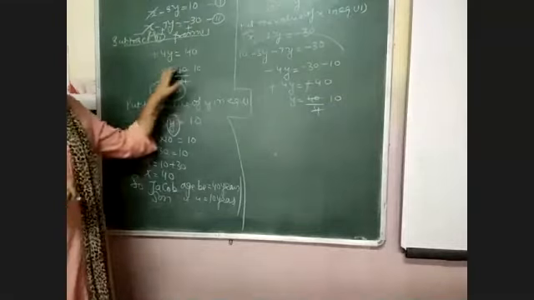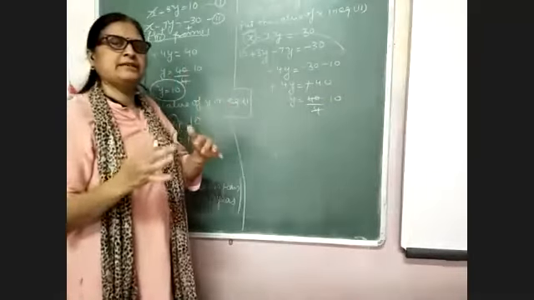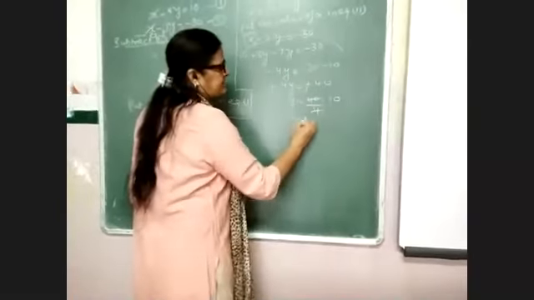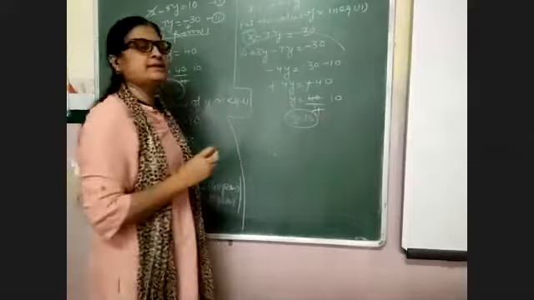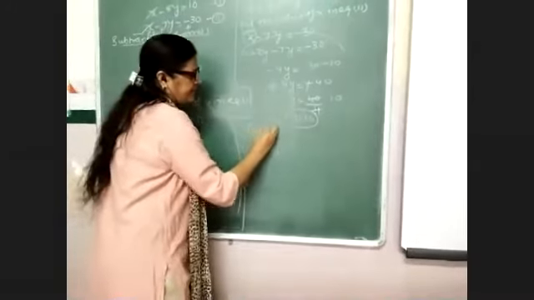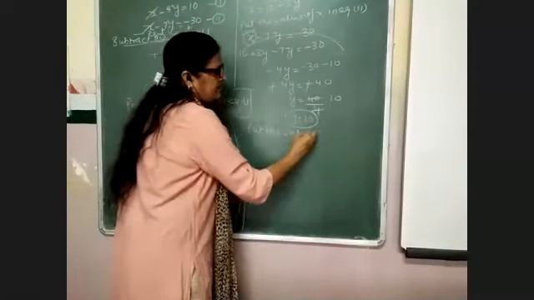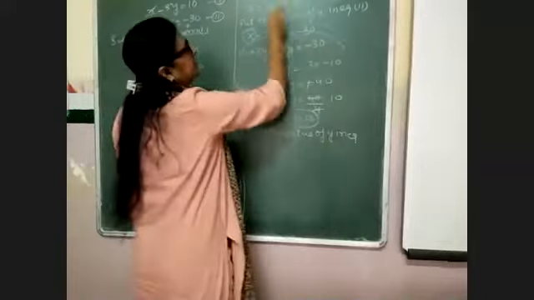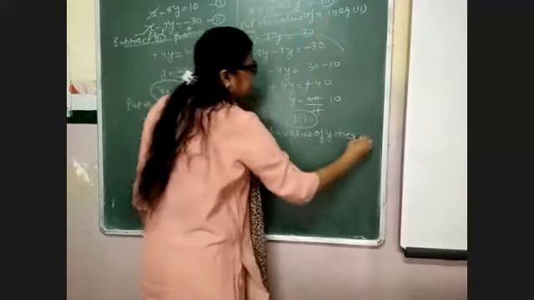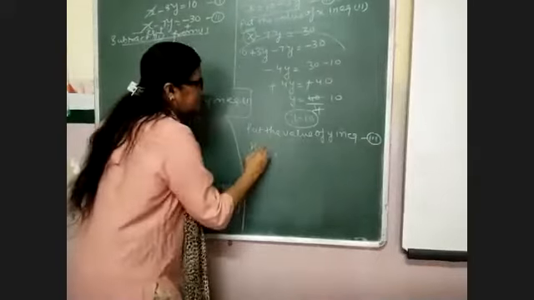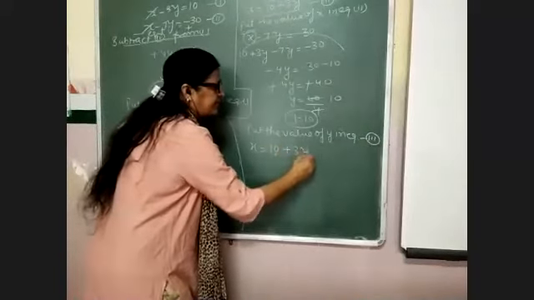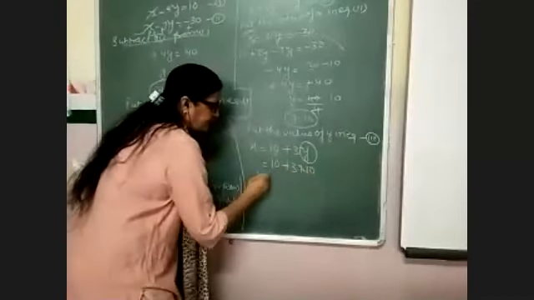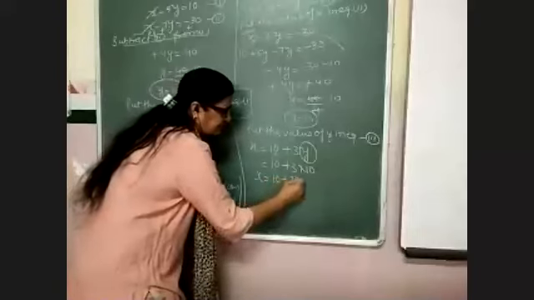Okay. By using both the methods, the value remains the same. So y equals 10. The son's age is 10 years, and put the value of y in the third equation, which is x equals 10 plus 3y. You put 10 in place of y. So the value of x is 10 plus 30.